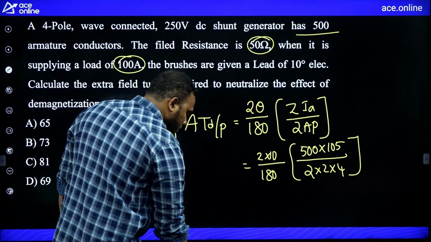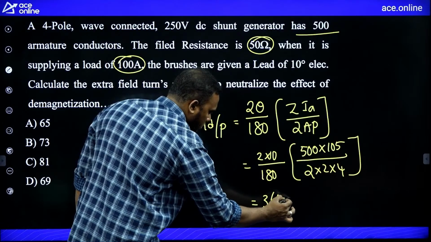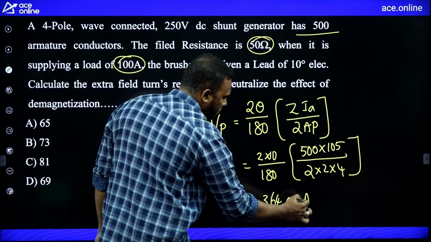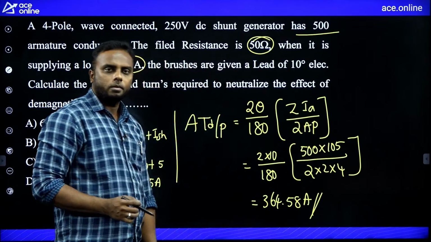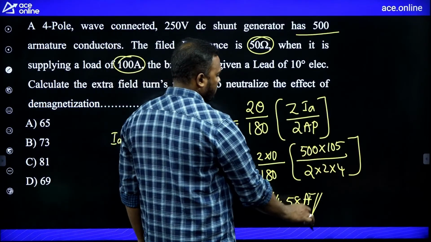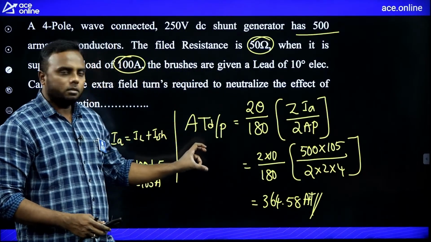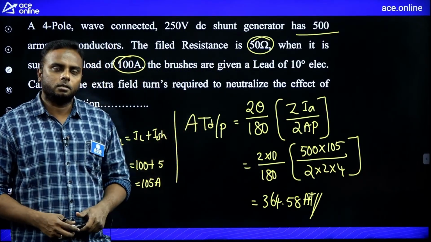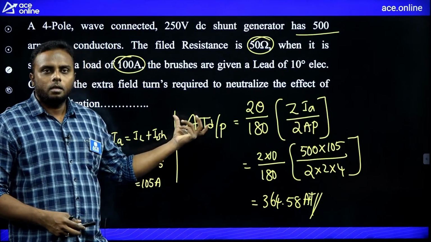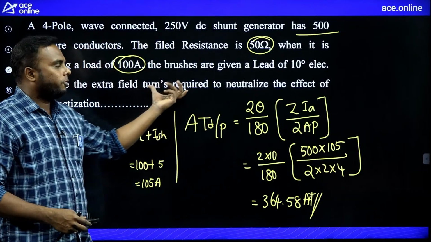Demagnetizing. Check, it is coming 364. You have to cross verify the values. 58 amperes. Okay, 364.58 ampere turn per pole it is. So this much ampere turn is extra demagnetizing. Because of that flux drops, then we need to add some extra turns in field winding